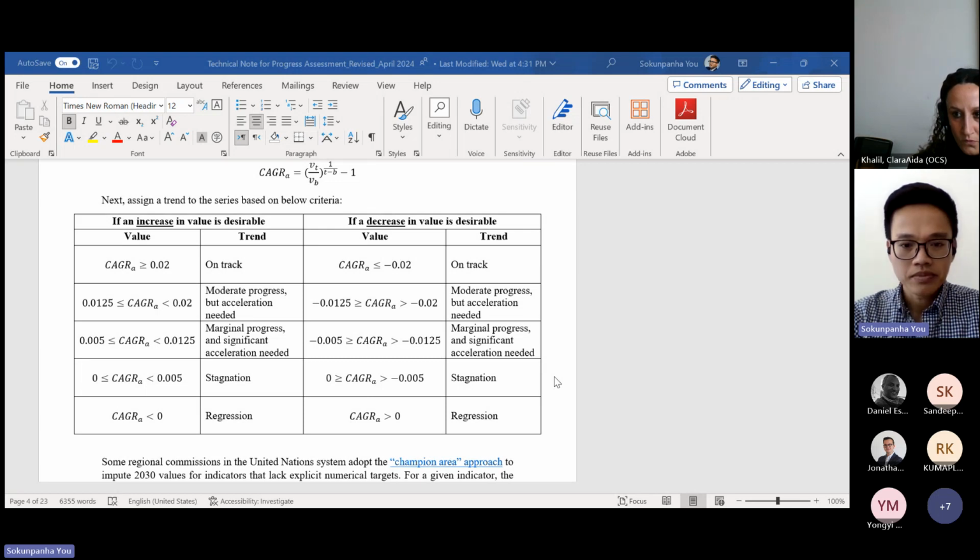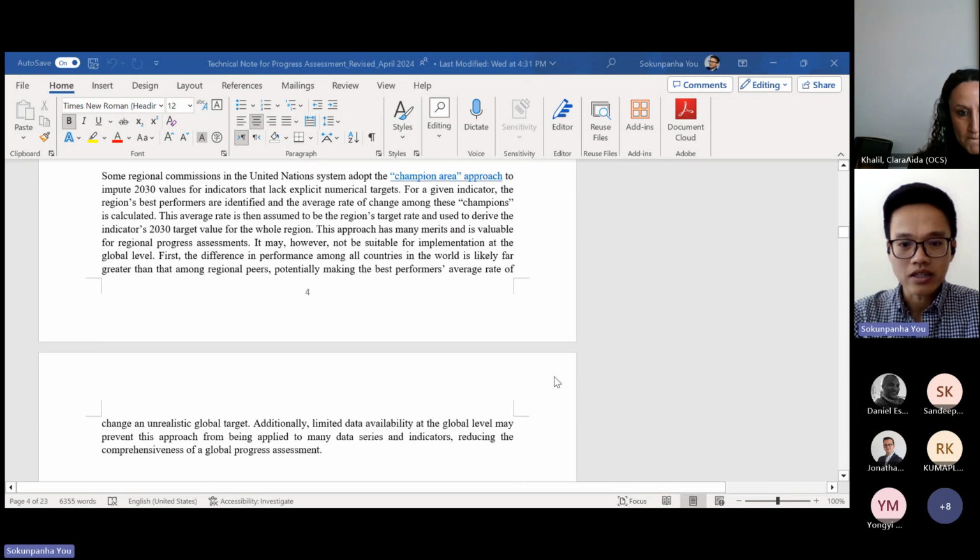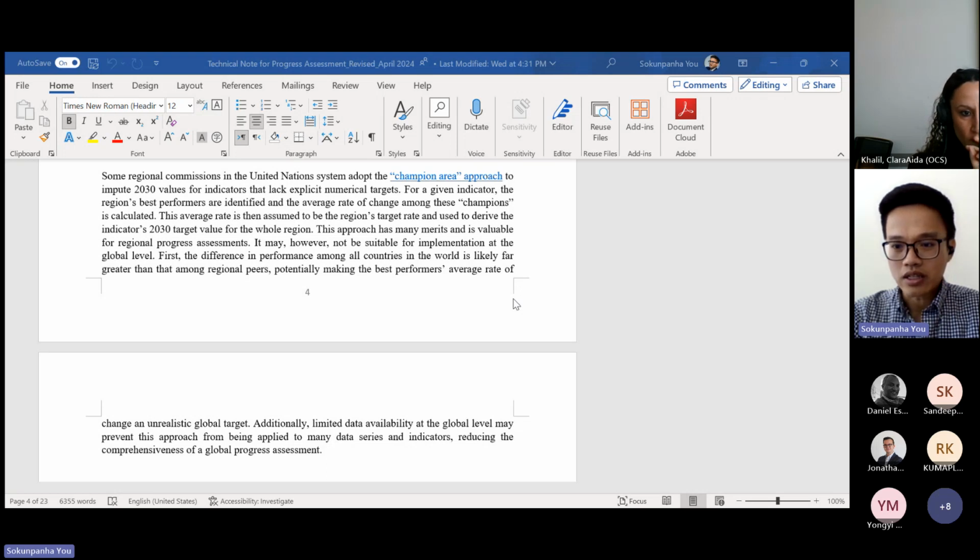Another thing that we have tried our best to reflect in the technical note is the different methods that are used by agencies and regional commissions on imputing 2030 target values to those series or indicators that do not have explicit 2030 target values.